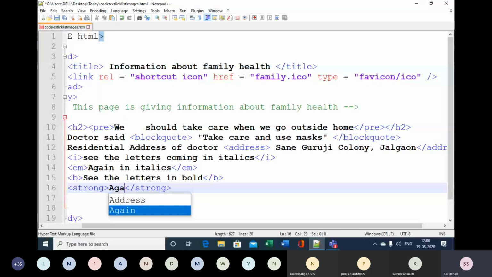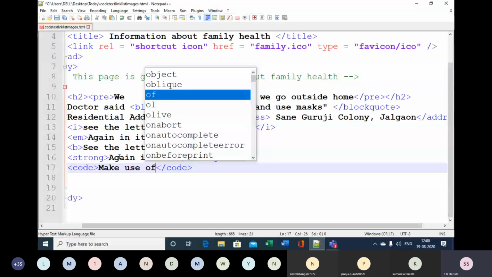After strong, we'll make use of code. Make use of C code such as printf hello.